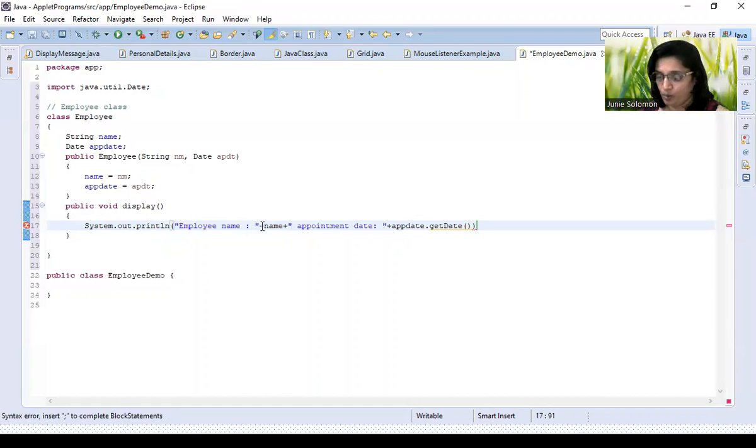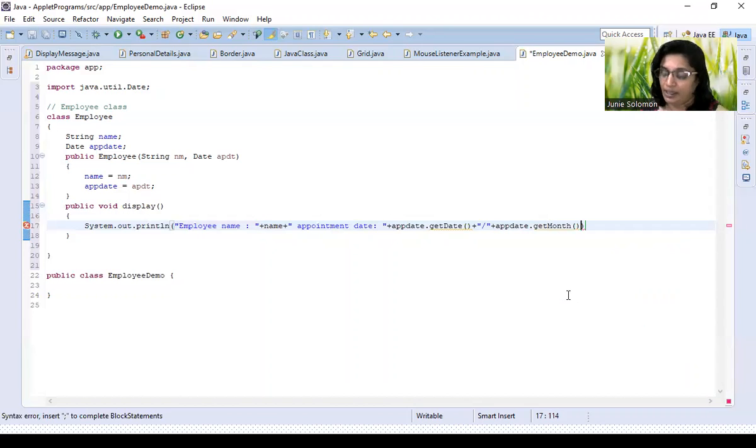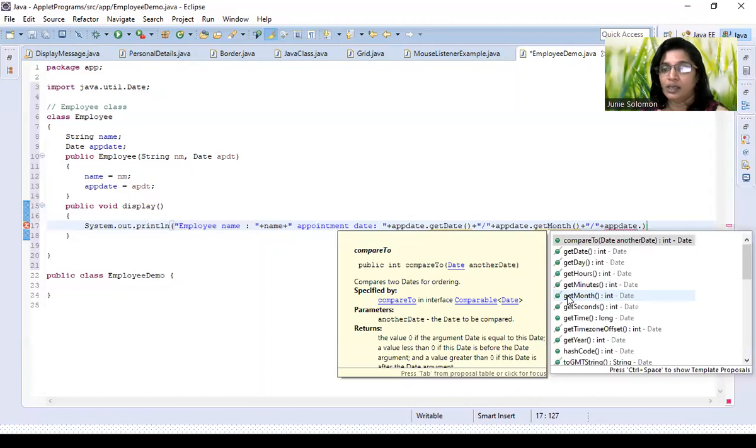Then I need to put a slash. And after that, I need to extract the month, AP date dot getMonth will be there. Everything you can use, getMonth. Then again I need to attach a slash with AP date dot get